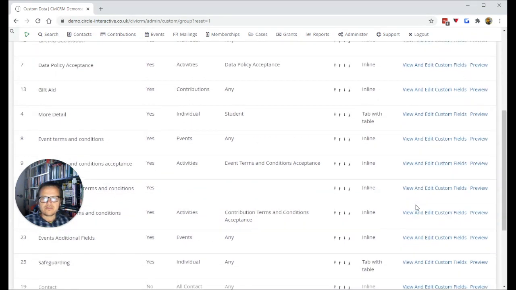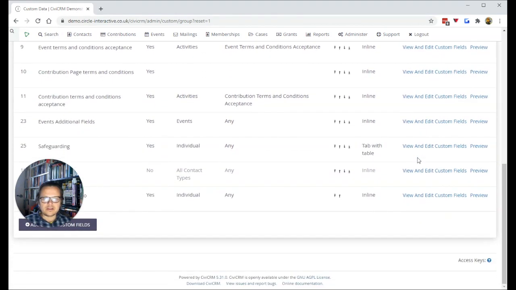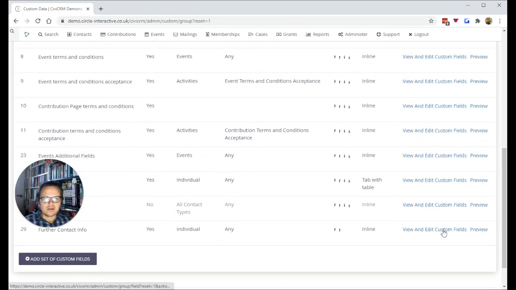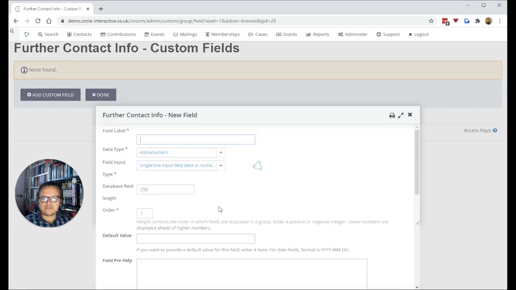And you can do this for any custom data set. You can go back in and create new fields after you've created the data set, so you can be continually updating and extending the way that your data is collected and the type of data you collect. So if I click here to view and edit custom fields, and add custom field,